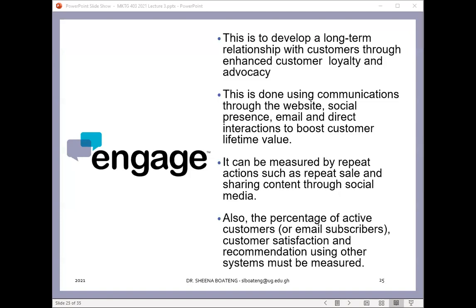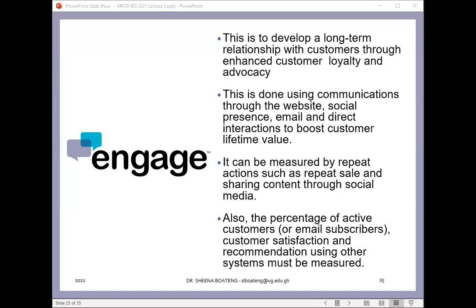Engagement can also be measured through the percentage of active customers or email subscribers, right? Sometimes you may not get all your leads to convert to actual sales, but if you're able to get them to become subscribers and stay active, and you keep the engagement lines open such that you keep communicating with them, there is a chance that in the near future, they might probably make a purchase, right? And in the event that you are able to satisfy them adequately during this purchase, they will start making recommendations to other customers about your product or service, right? It's important for you to engage, even if after the initial interaction, you were not able to convert the customer